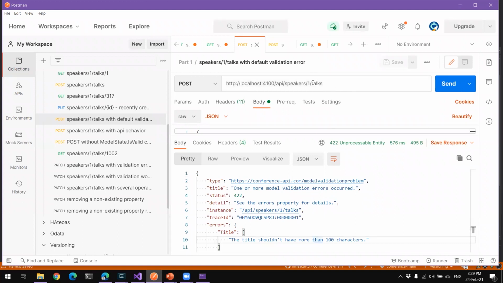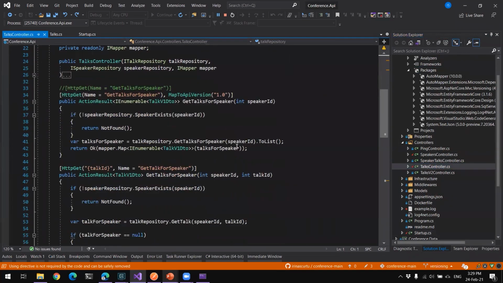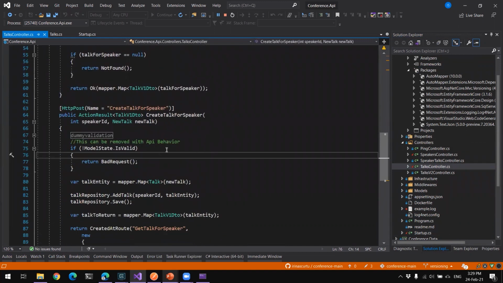And a thing that I really enjoyed about this is that it removes a bit of the code that we need to write. For example, I'm going to look into the controller, the stocks controller. If you add the model validation and the API behavior, you can remove all of these checks, whenever you are checking if model state is valid, and so on. Boilerplate code. Here is a bad request, but you can remove these altogether. It will simply work. Nice.